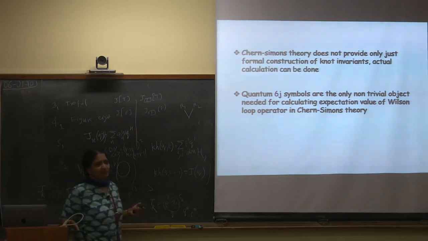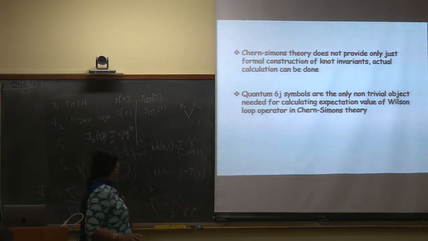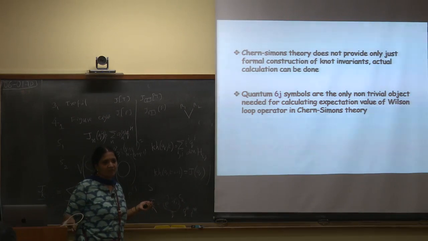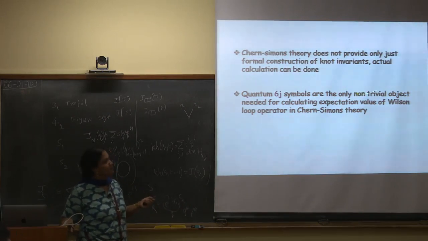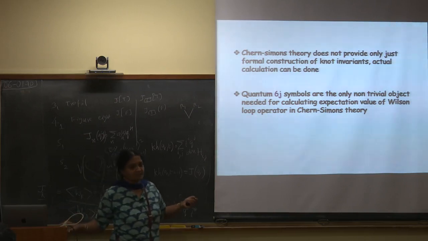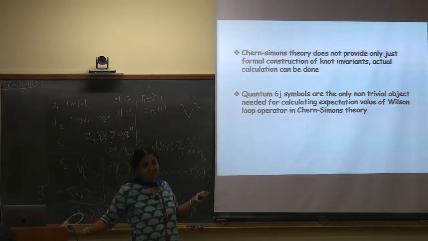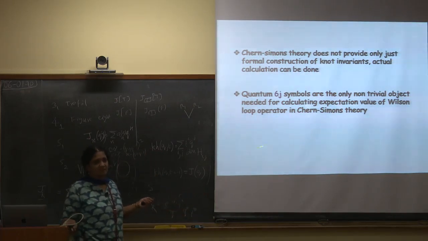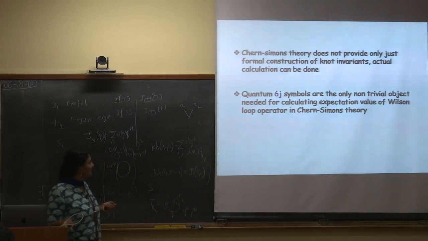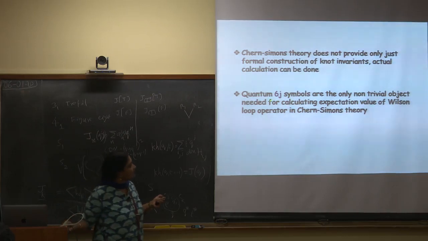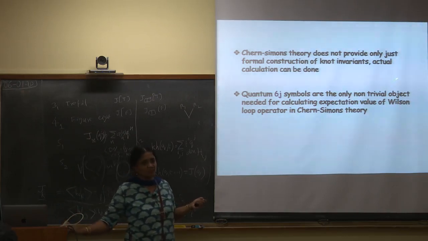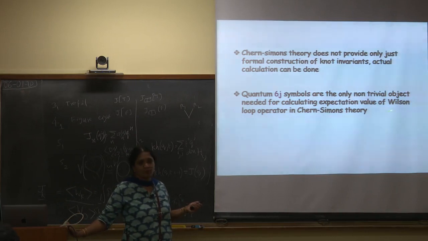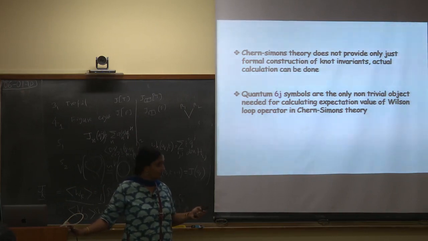Okay, so I just gave you a black box for the expectation values, or the Jones polynomial, or colored Jones and so on. But the actual calculation is also doable using Witten's '89 idea. One of the barriers in explicitly writing it in variables q and a for SU(N) is the quantum 6j symbol. So I will just try to give a flavor of how the computation goes, so that you get some idea of this.